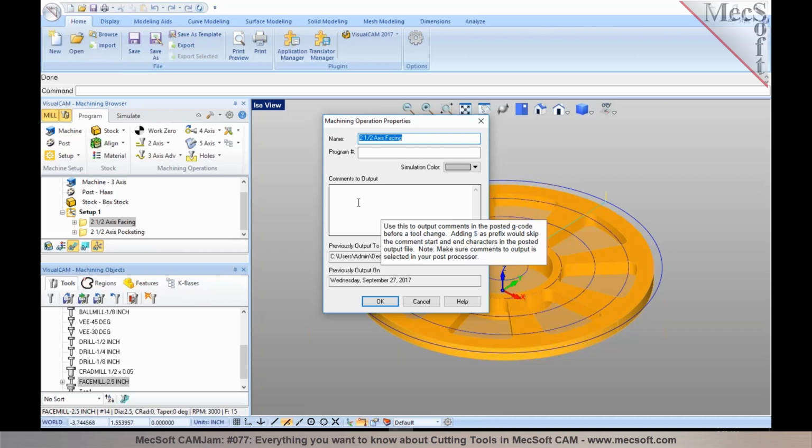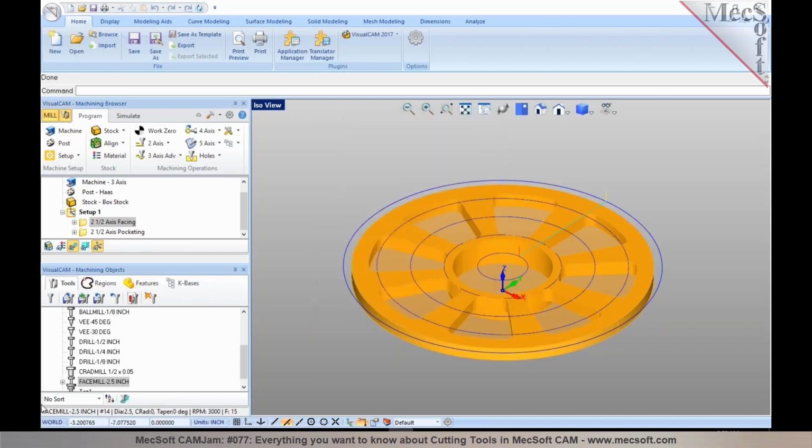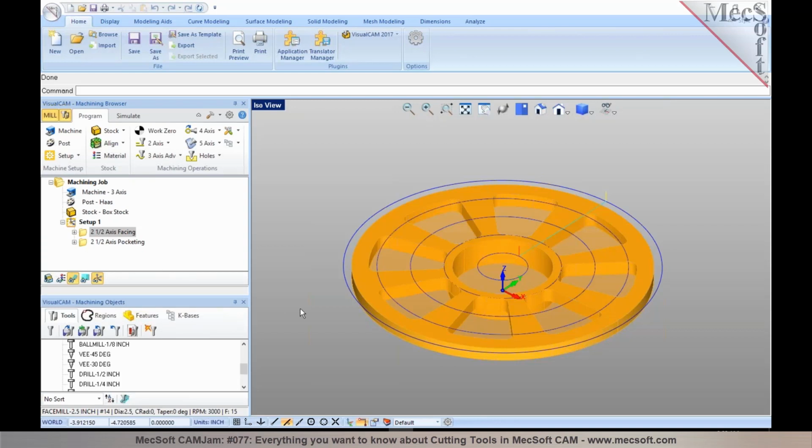So this will help you in adding comments to each operation, or you can have the comments set for each tool in the program. Now the next thing we would want to cover is how we can add a tool change point that can be output in the posted code. So if you have a manual tool change involved, or if you want to move the tool to a specific tool change point so that it makes it easier for the operator to swap the tools,